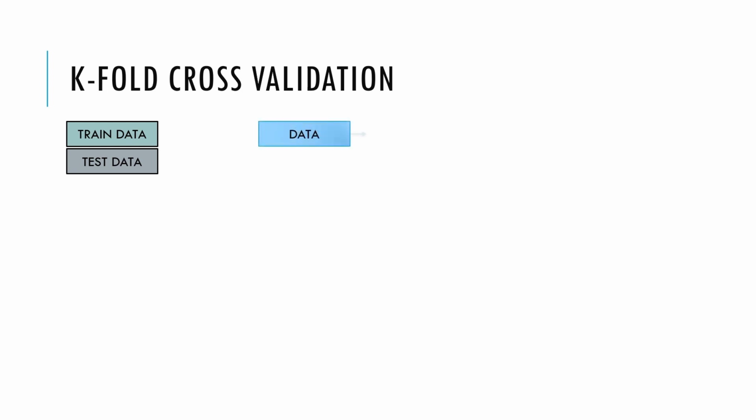Let's understand k-fold cross-validation. Suppose we are building a binary classification model where we denote train data by green color and test data by gray color. K-fold cross-validation works by shuffling the data and then dividing the data into k equal parts, also known as k-folds. Suppose we choose the value of k to be 5, which means we divide the data into 5 equal parts